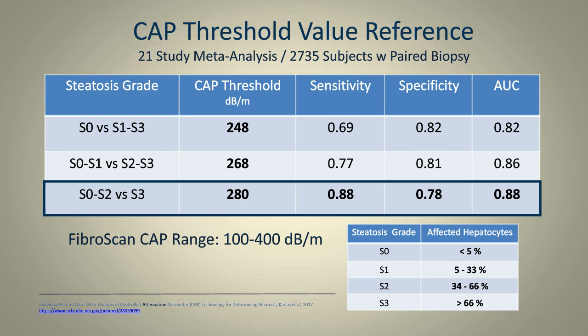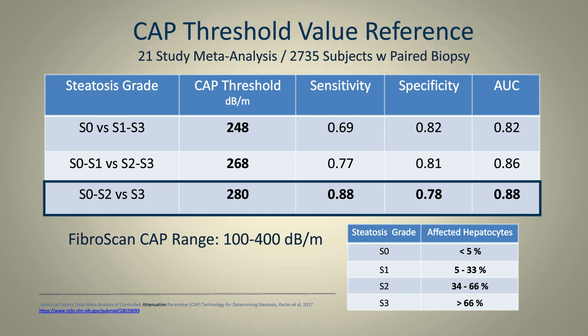In fact, I can use it to help me, and I'll give you a case. So a lady I saw less than an hour ago, when I started seeing her a year ago, her CAP was 320, I believe. Today, it's 220. So it's dropped about 100 units. And she's also lost a significant amount of weight and has changed her lifestyle and increased her exercise. So I feel very confident in telling that lady that she now has gone from fatty liver to no fatty liver in 1 year period of time. So that's also very helpful for our patients.